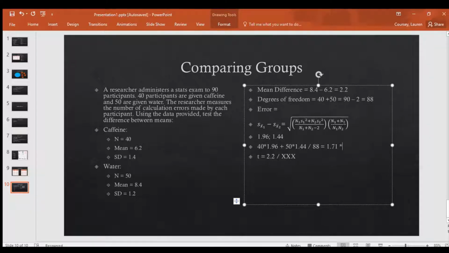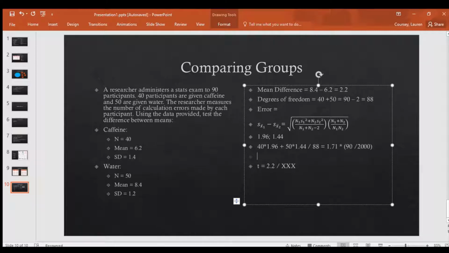So you have N1 plus N2, so 40 plus 50 divided by 40 times 50. 40 plus 50, we know that's 90, divided by 40 times 50 would be 2,000. So I'm going to divide that out and multiply it by 1.71. So 90 divided by 2,000 is 0.045. Multiply that by 1.71 would give us